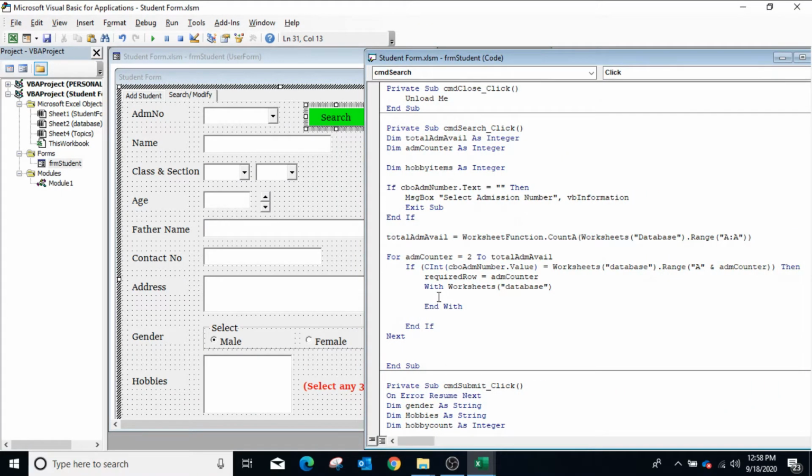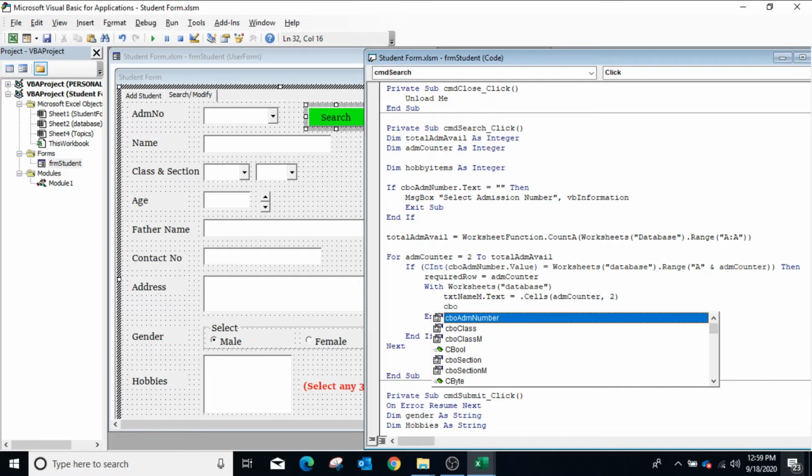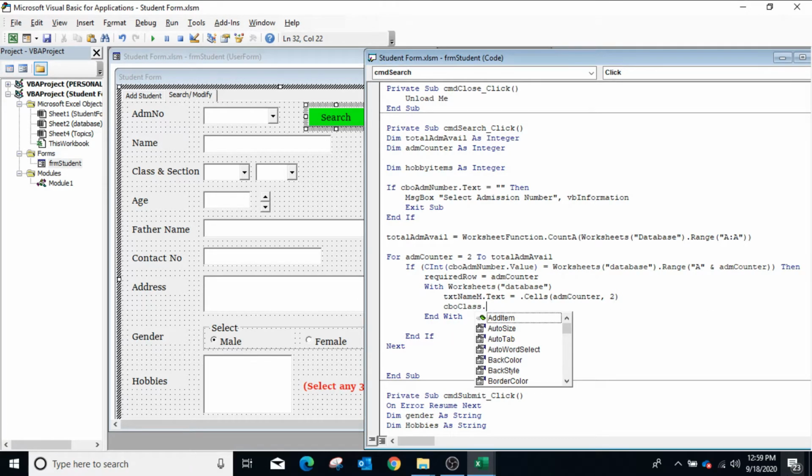Now within the with statement, type txt name m dot text equals to dot cells ADM counter, comma 2. Similarly for class, CBO class dot value equals to dot cells ADM counter, comma 3.